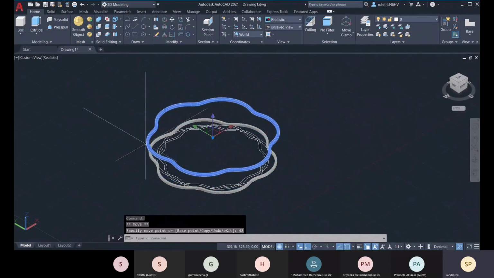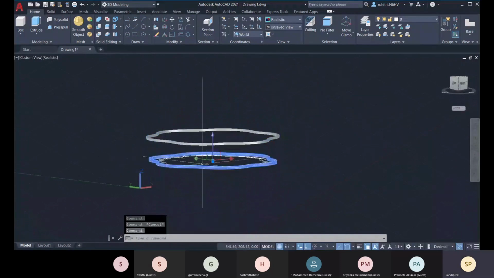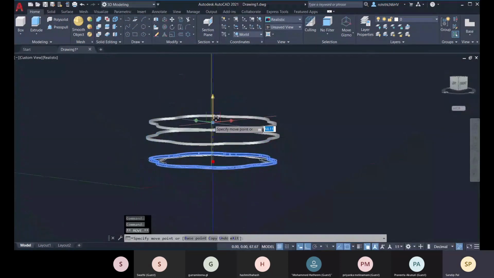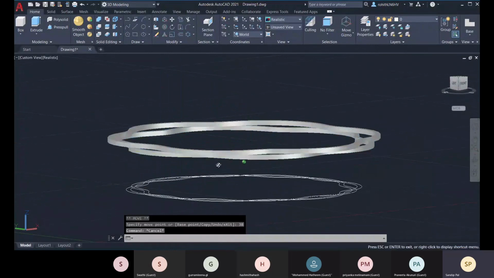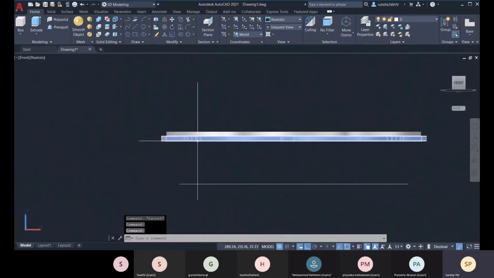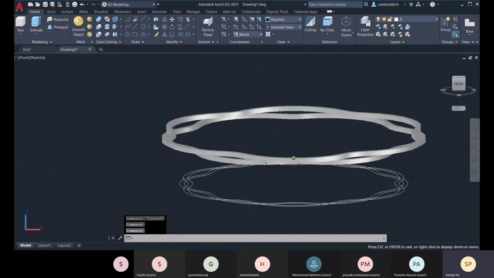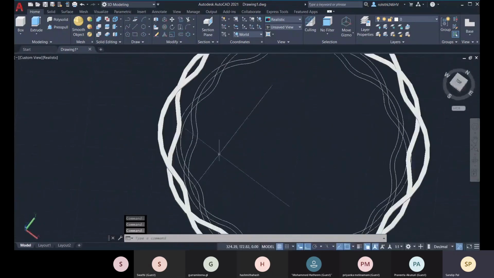Okay, and this one will be placed at 38, right? Like this you will be placing all of them. All right, are you getting it?